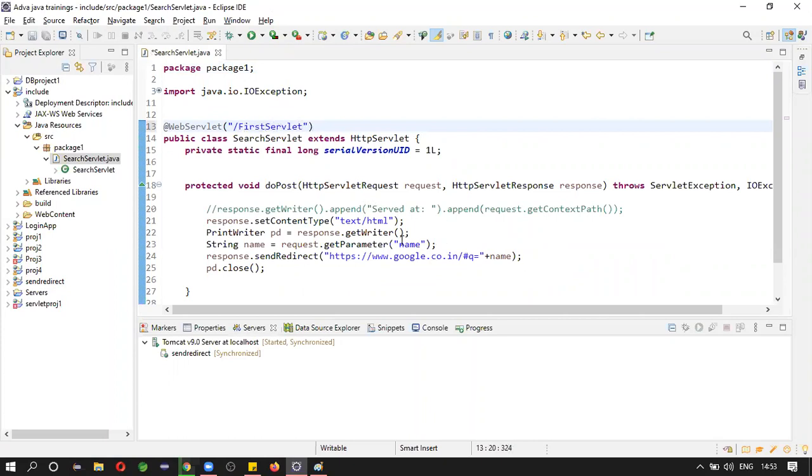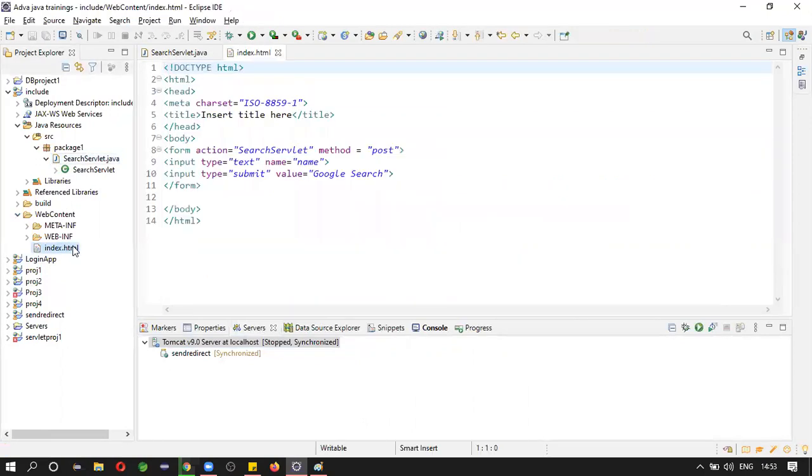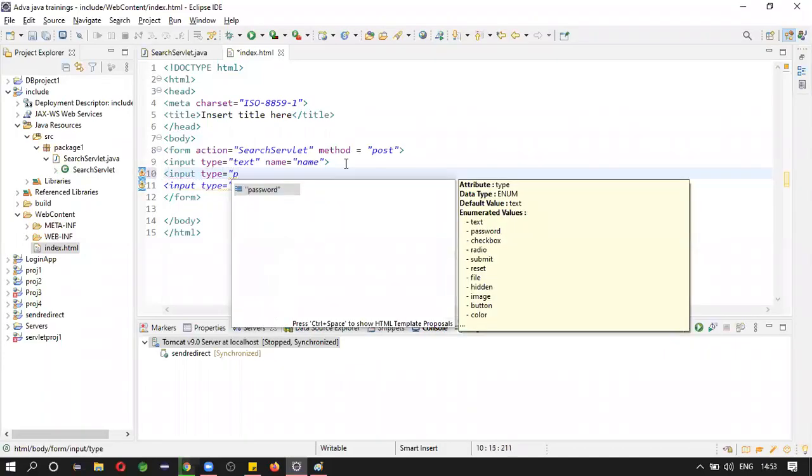First select, save this, and open the index form. So this is username. This is password.